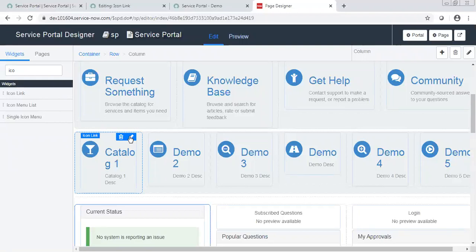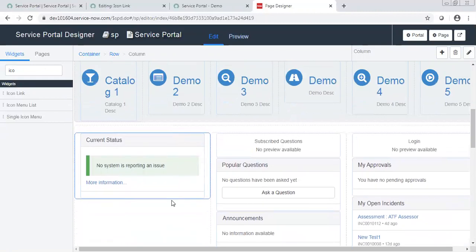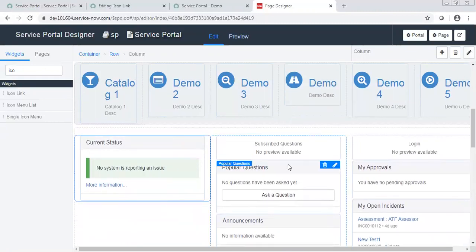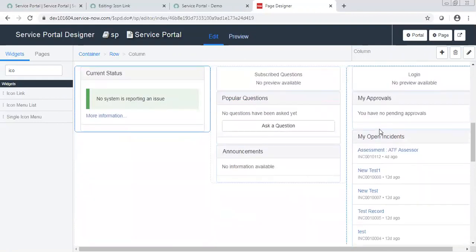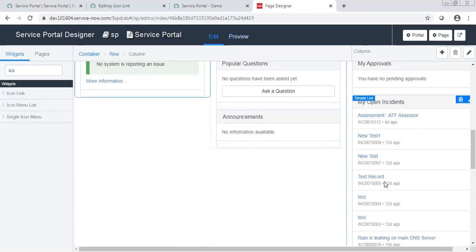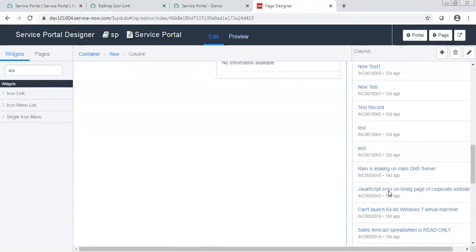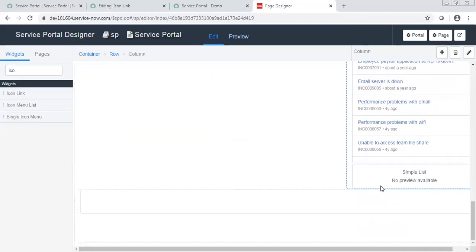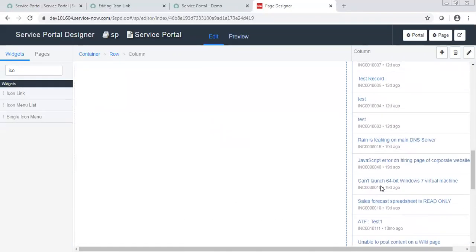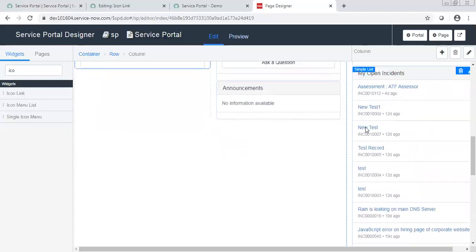I mean, the top viewed articles that we are seeing, that is also a widget, right? Yes, that is also a widget. So let's talk about this one, the simple list. Let's say here we can see the incident number. The customer says, I just want to see everything in a single widget.